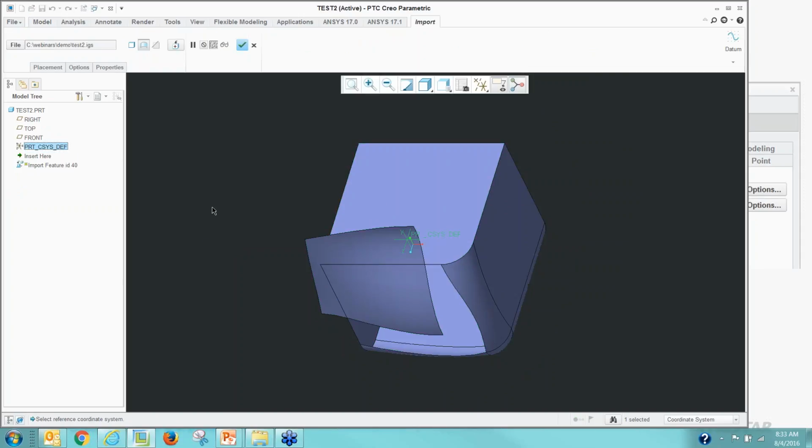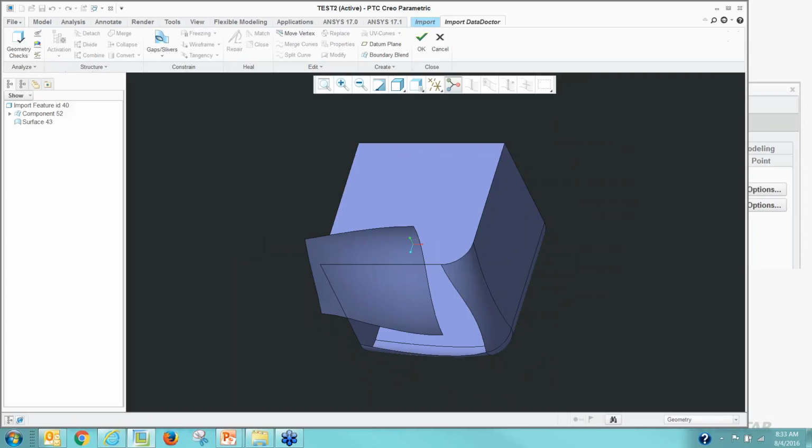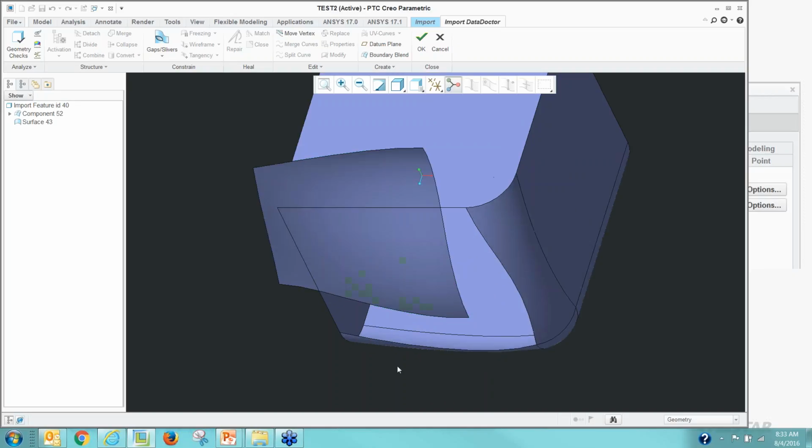So don't think that Import Data Doctor is simply about searching gaps. You can really start aligning. There are quite a few options, quite a few tools, as you can see, that you definitely have to play around with. Your technique will depend, first of all, on what type of geometry you get, right? Very highly organic shapes, some prismatic, some organic. Not too complex, in that case maybe the gaps might work, but sometimes you may have to do some real